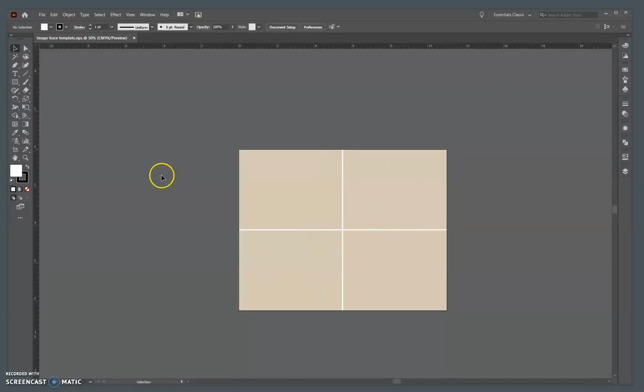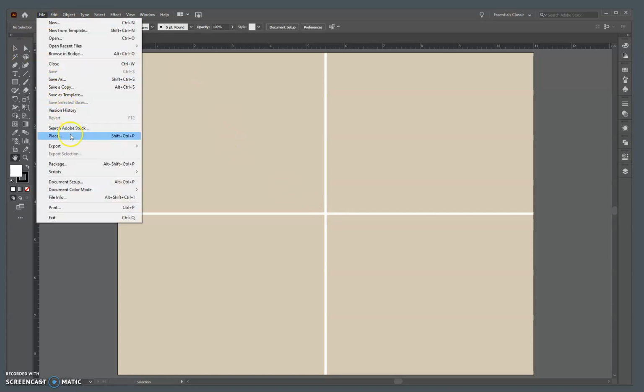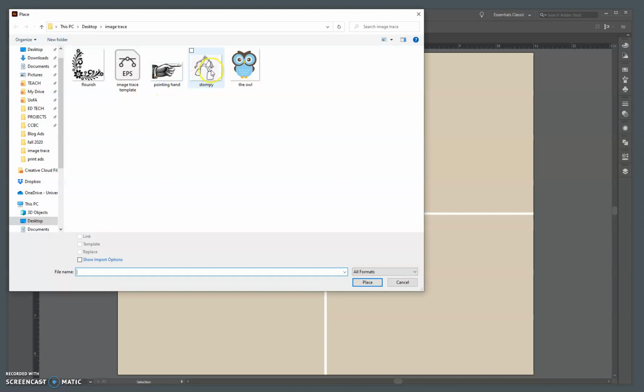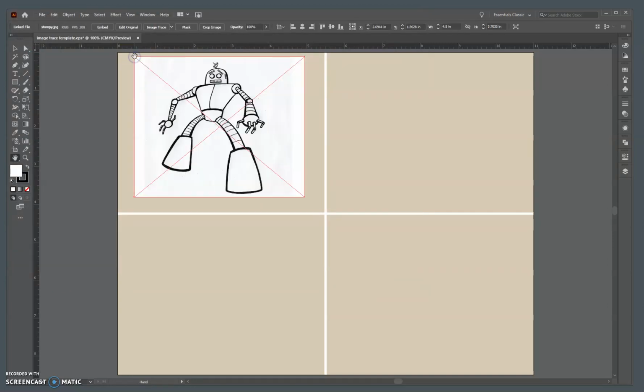If it opens small like this, if you come over to the toolbar and double click on the hand, it'll give you a little larger view. So, we're going to use File, Place, and we're going to place each of these images out here on the